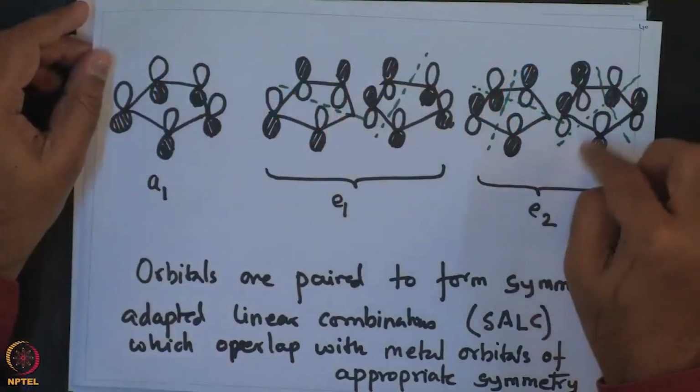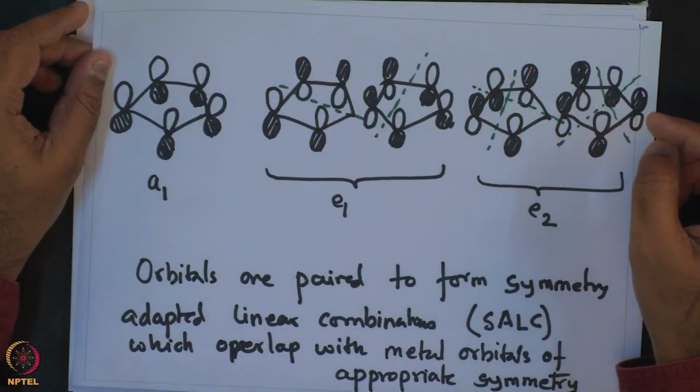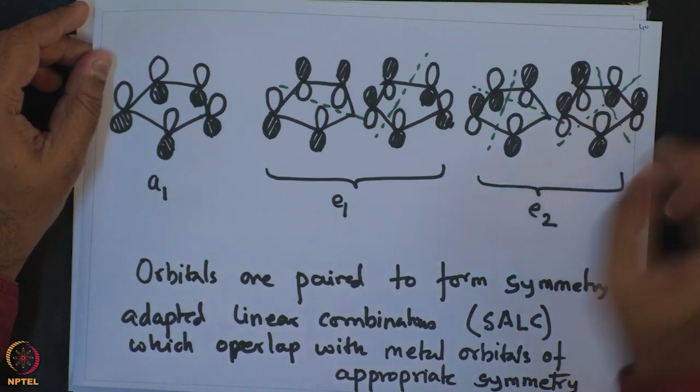Now, in this discussion, let me just recapitulate what we had spoken about in the last class, so that we can build on it in this class and take it further. In the previous class, we had looked into the atomic p orbitals of the Cp ligands, and based on their symmetry based combinations, there are 5 p orbitals resulting in 5 molecular orbitals, and of these 5 molecular orbitals they fall into 3 classes. One is A1,